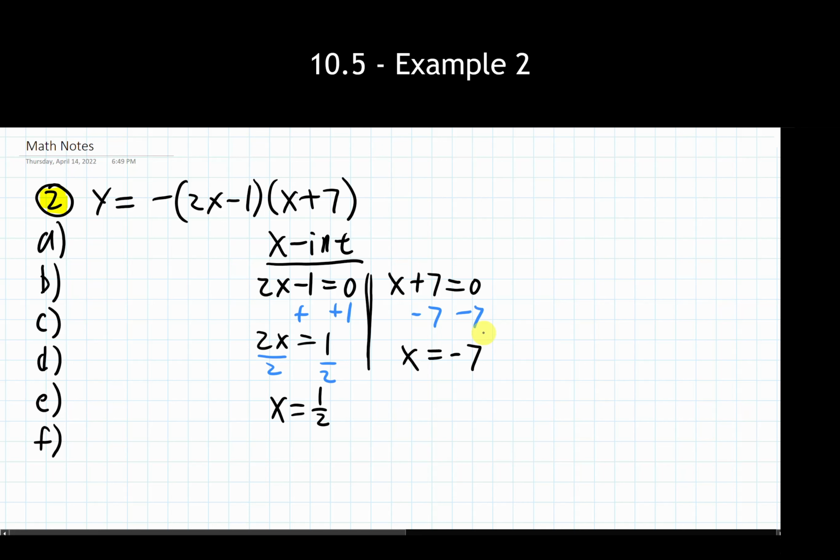So my two x-intercepts down here for part E are going to be 1/2, 0, and 7, 0. Fantastic. The one that generally tends to take the longest is already done and we're good to go there. Now, from here, it's pretty much our choice as to which thing we want to work with next.